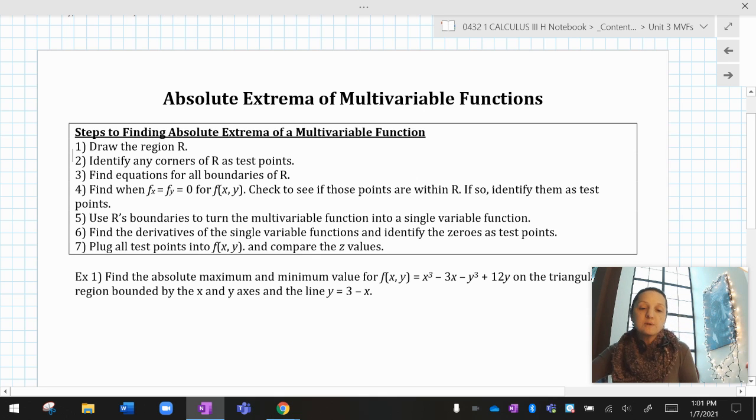Hello, calculus friends. So this lesson that I'm about to start is on absolute extrema of multivariable functions. And it's going to take a couple videos because these are not short. So full disclosure. What I want you to remember is from calculus before, when we were in two-dimensional calculus, if